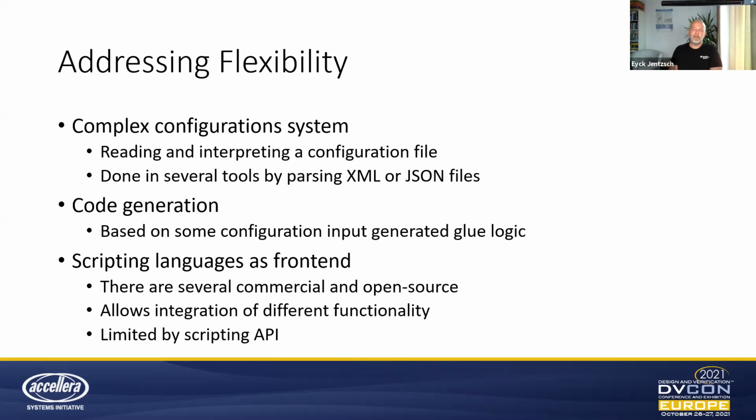How is this done in a, let's say, classical way? One is using complex configuration systems like reading and interpreting configuration files, let it be XML or JSON based, just passing them and instantiating the design based on them. Or doing code generation based on those configuration files and compile the whole thing and run the whole thing depending on what you want to do. Or the third option would be to use scripting languages as a front end, like Tcl or Python. There are commercial and open source solutions available,